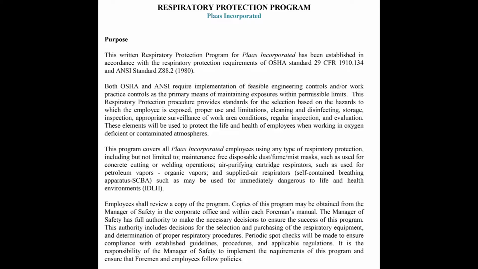This respiratory protection procedure provides standards for the selection based on the hazards to which the employee is exposed, proper use and limitations, cleaning and disinfecting, storage, inspection, appropriate surveillance of work area and conditions, regular inspection, and evaluation. These elements will be used to protect the life and health of employees when working in oxygen deficient or contaminated atmospheres. This program covers all Plaas Incorporated employees using any type of respiratory protection, including but not limited to maintenance-free